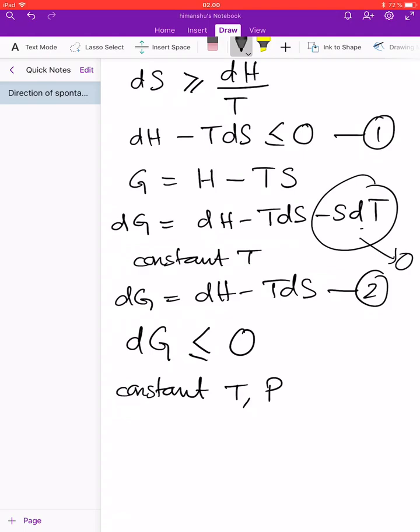Now if the process is at equilibrium, if the system is at equilibrium, then there is no direction of spontaneous change, and the condition for equilibrium is that the differential change in the Gibbs free energy